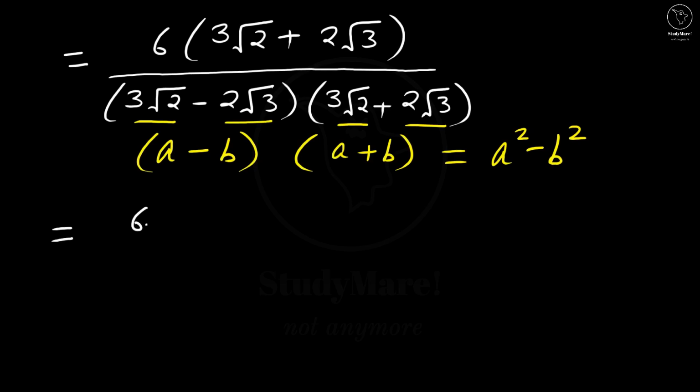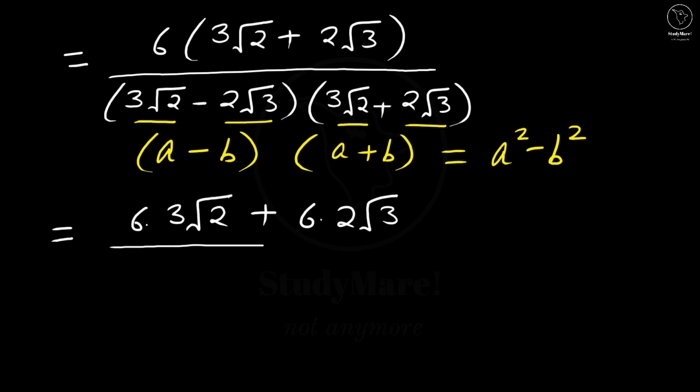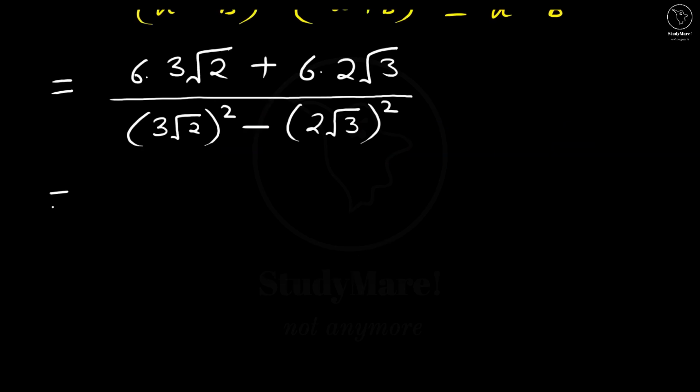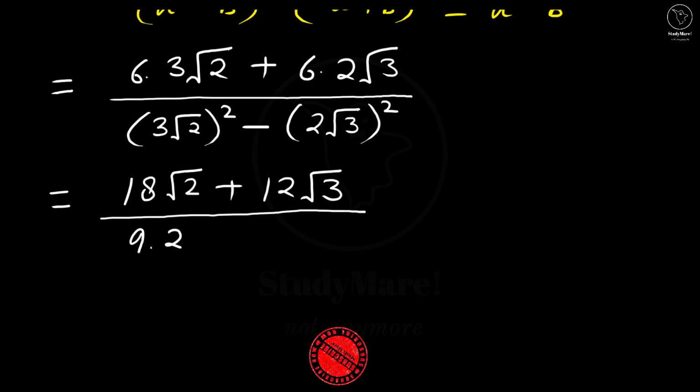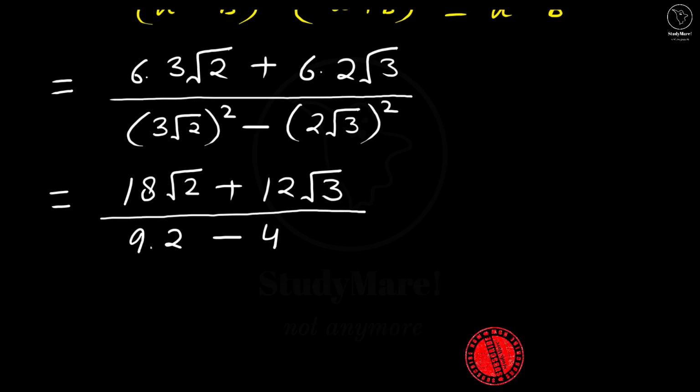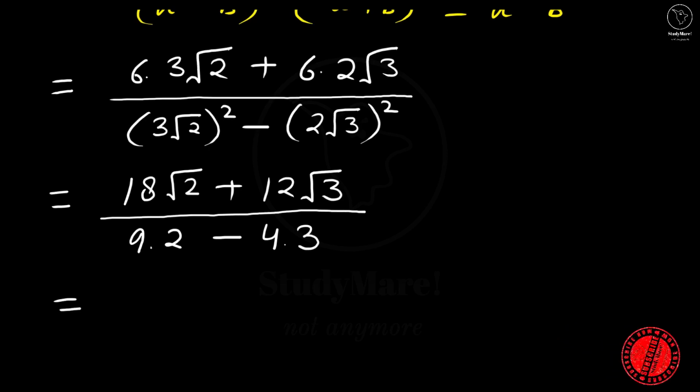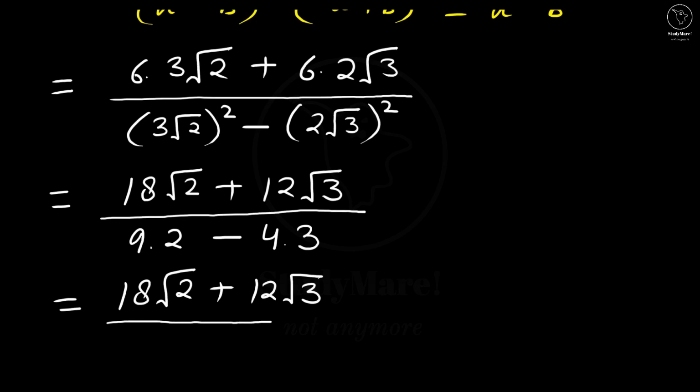This is equal to 6 into 3 root 2, here we have simple multiplication, plus 6 into 2 root 3 divided by, now here we are going to use the identity, so we get a square, that is 3 root 2 square, minus b square, b here is 2 root 3, so we have 2 root 3 square, which is equal to 6 into 3 18 root 2 plus 6 into 2 12 root 3 divided by 3 root 2, 3 square is 9 and root 2 square is 2 minus 2 root 3 square, so 2 square is 4 and root 3 square is 3, which is equal to 18 root 2 plus 12 root 3 divided by 9